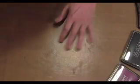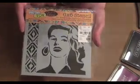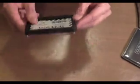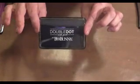Then I went to Tuesday Morning, which is a bad idea for me because I love Tuesday Morning. And I found this stencil, Crafter's Workshop, and I always wanted something like that, so I picked that one up. And they had ink, and I got some Bow Bunny inks, some different colors to add to my ink collection. Pink Punch,